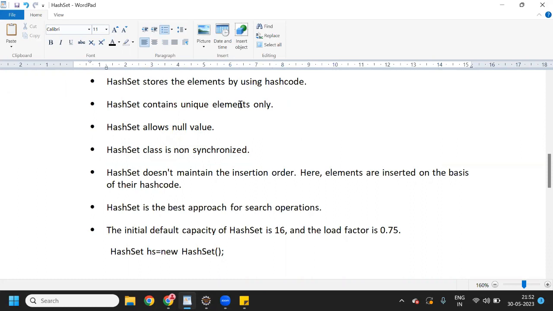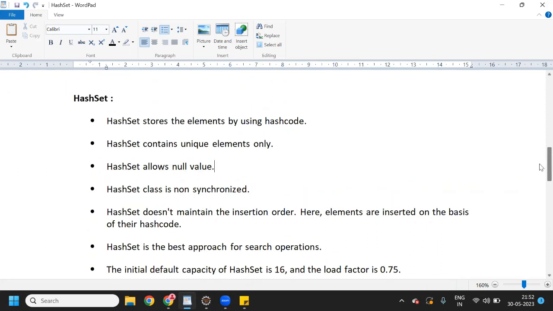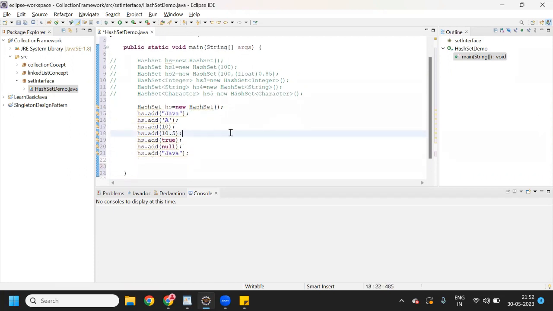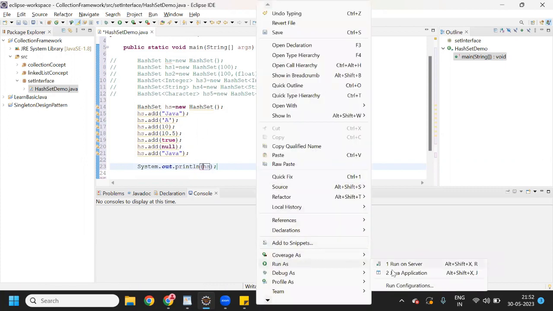And after that, what is it saying? HashSet stores the element by using hash code. Yes, I will show you. And it is saying HashSet contains unique elements only. So let me copy and paste. Now I want to store this duplicate element. See, I'm trying to store this duplicate element, but it will not allow. So if I print these values, System.out.println(hs), and execute this program,